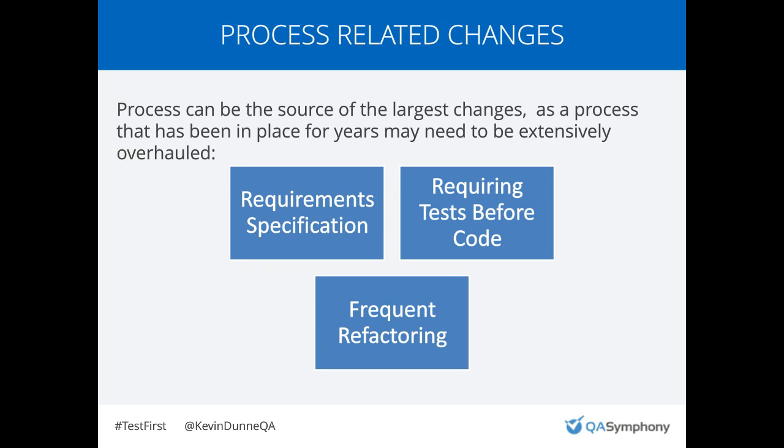So that's the three key areas that we picked out in relation to people. In relation to process, obviously people change process all the time. It can go well, sometimes it goes poorly, but we think it's worth thinking about what process you want up front. People are always skeptical of process change when it's happening very frequently and it's not really a long-term process that's being established. So we think you should focus on three areas. One is how you're really going to define the quote-unquote requirements, which in this case are going to be more of tests